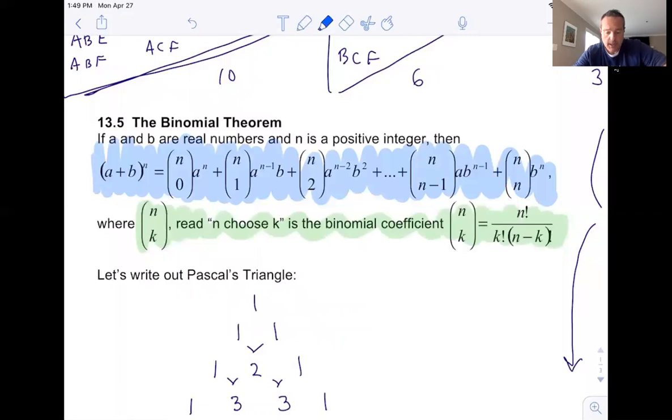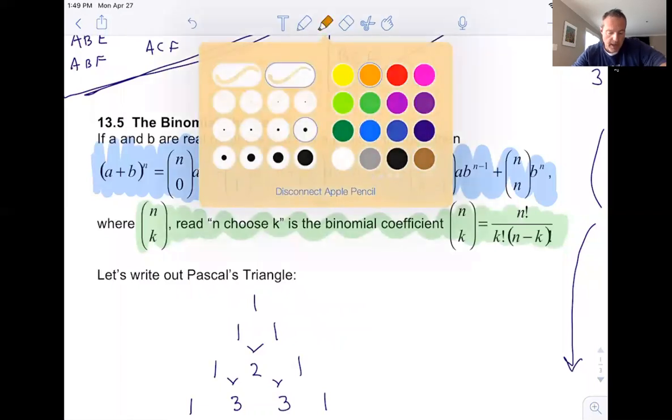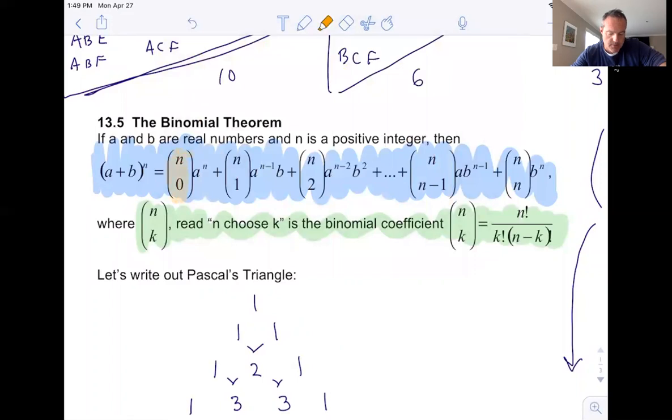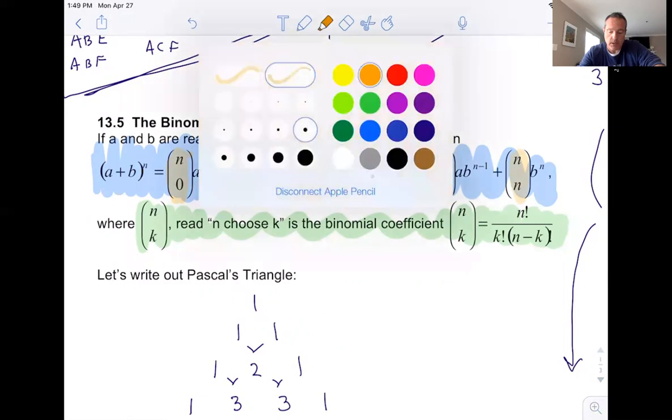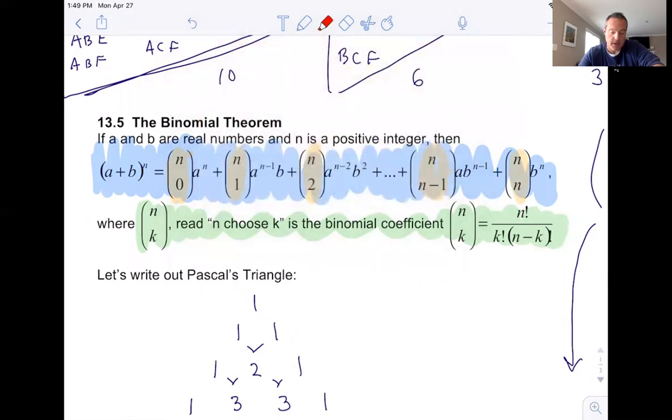First of all, we have these choose numbers in front. Those are the numbers that we take out of Pascal's triangle. Those are what we call the binomial coefficients. And if you look at the individual variables, a descends. It starts at the highest power, which is n, and then it goes down by 1 to n minus 1, and then n minus 2, and then finally goes down to the first power, and then it disappears